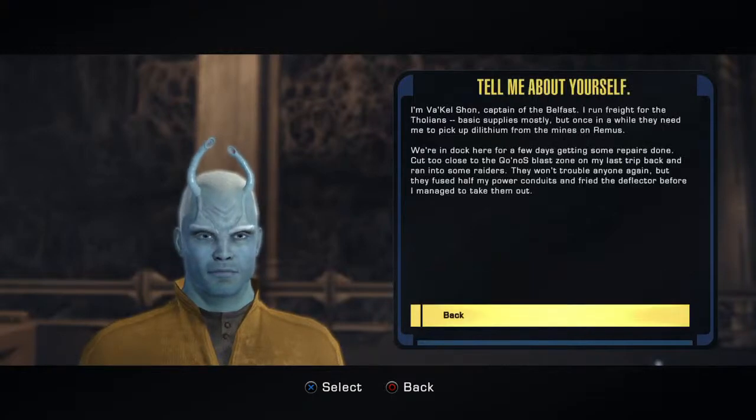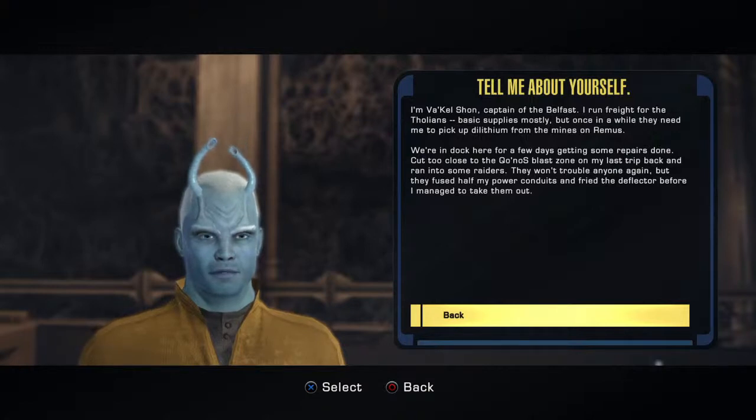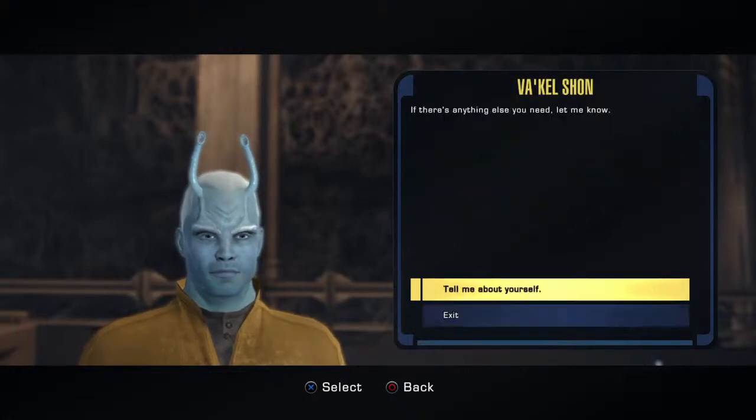Tell me about yourself. I'm Vakel Shon, captain of the Belfast. I run freight for the Tholians. Basic supplies, mostly. But once in a while, they need me to pick up dilithium from the mines on Remus. We're in dock here for a few days getting some repairs done. Cut too close to the Konos blast zone on my last trip back, and ran into some raiders. They won't trouble anyone again. But they fused half my power conduits and fried the deflector before I managed to take them out. If there's anything else...